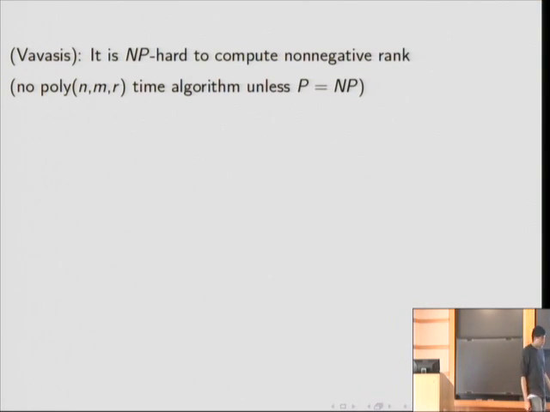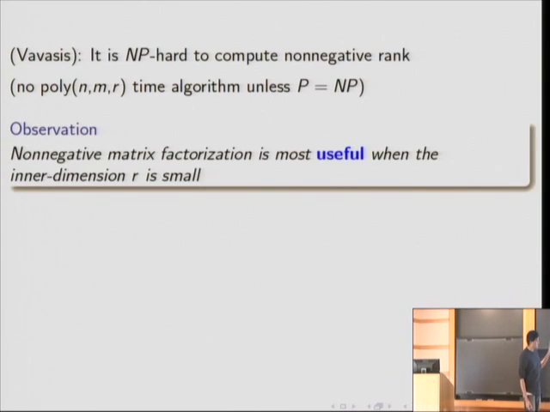So in fact, Vavasis showed that the non-negative rank is not as nice as its cousin, the rank. In fact, it's NP-hard to compute the non-negative rank. But the way to interpret this result, it's not really as demoralizing as one would think. Because all it really tells us is that we can't hope for an algorithm that's polynomial in all the parameters of the problem. It's polynomial in n and m, the dimensions of the matrix, and also in R, the target inner dimension. But what I want to make as an observation with this example application to information retrieval in mind